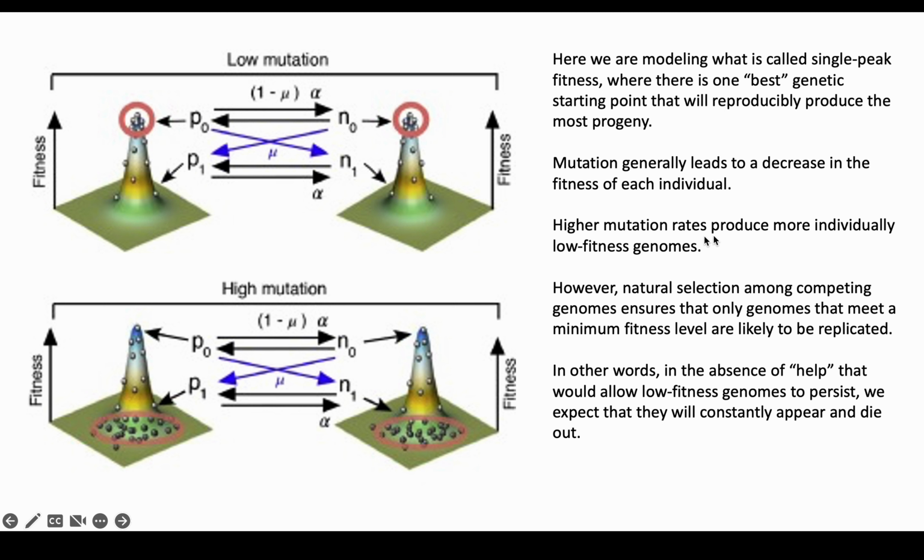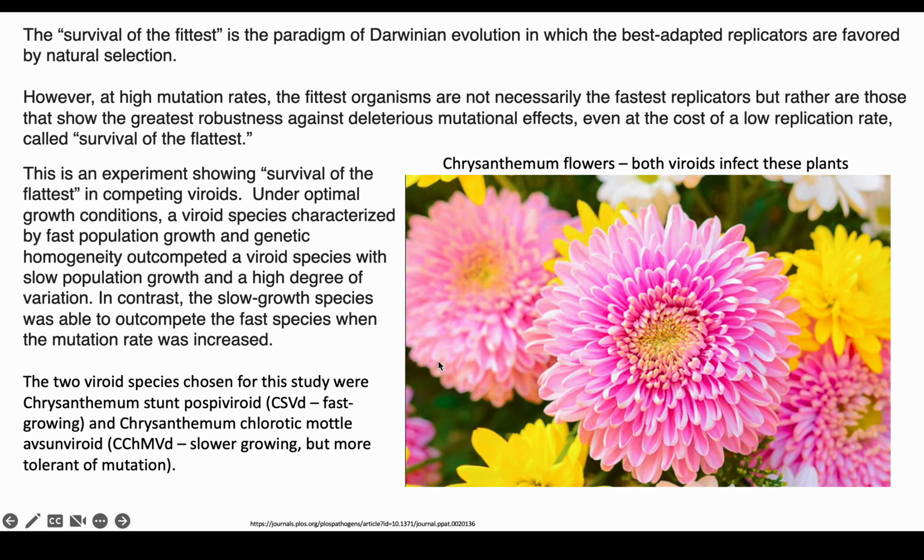In a situation where there are low mutations, you would expect a fairly narrow quasi-species up here at the top. In situations where there are high mutations, or maybe high selection is another way to think of that, then you'll get a lot of competition. You'll get a lot of dead genomes, but the ones that survive will be up here near the top. So let's look at this another way, and I think this is nice because it has both viroids and quasi-species in it. And so it's useful for both of those aspects.